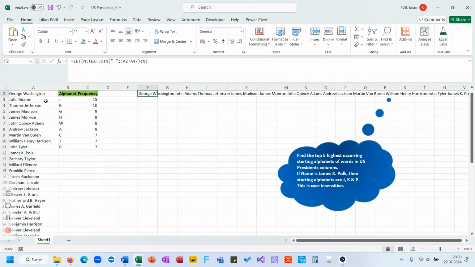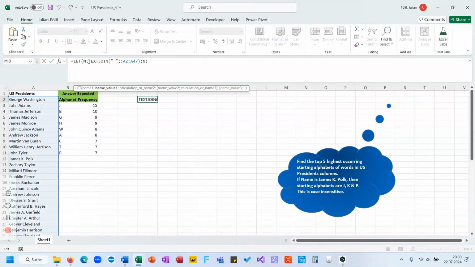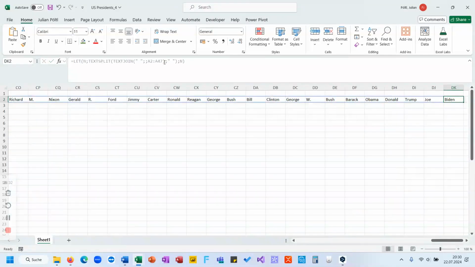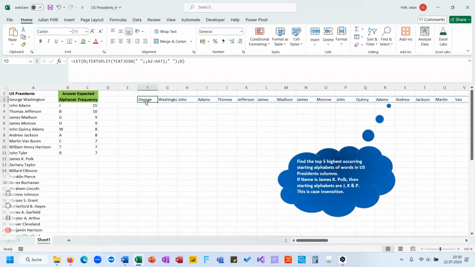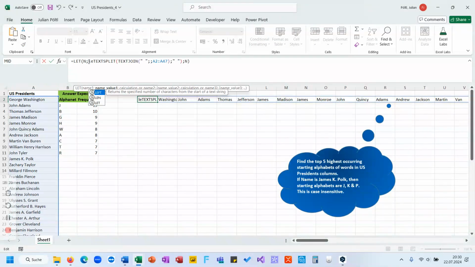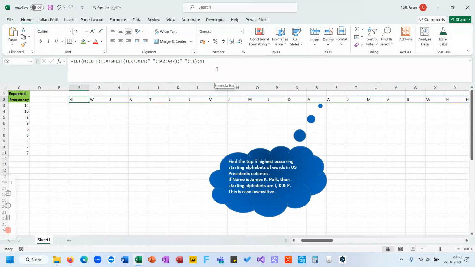You can see now I have all names in one cell with spaces in between, and now I will text split them with again a space as a delimiter, and now I have every single word in a single cell. And now I will take from left only the first character, because only the first character is of interest. And now we need to